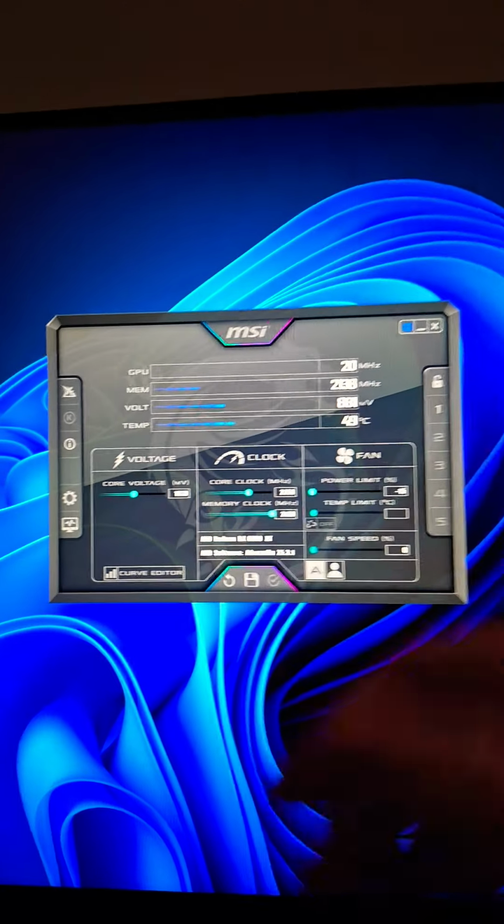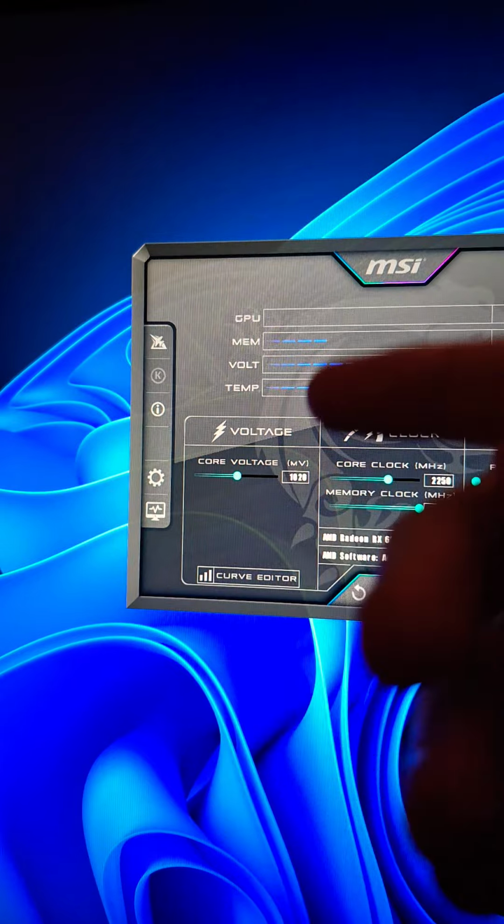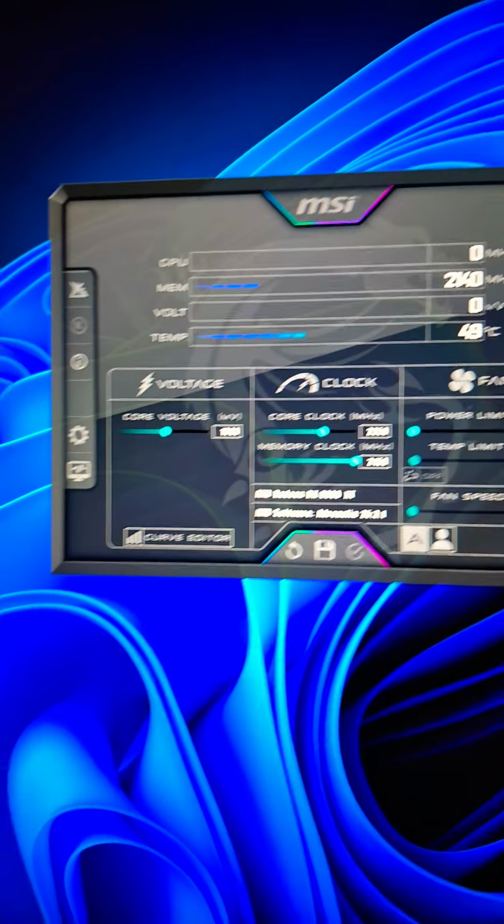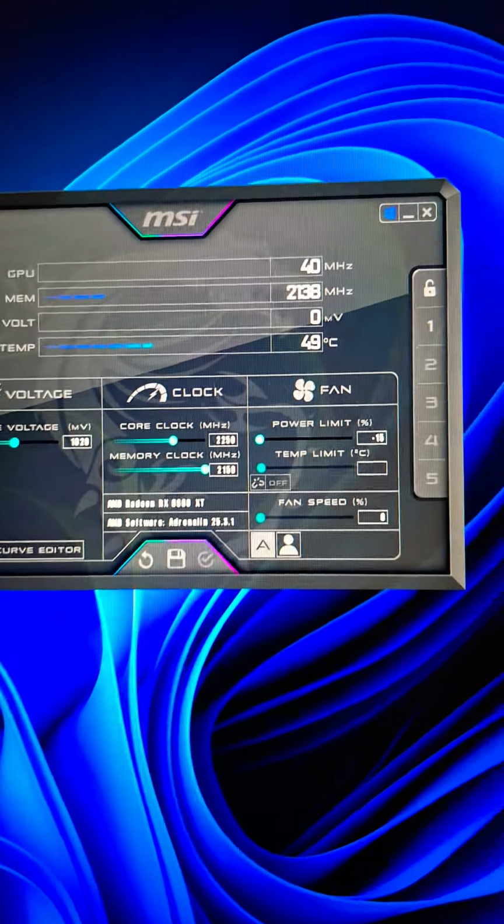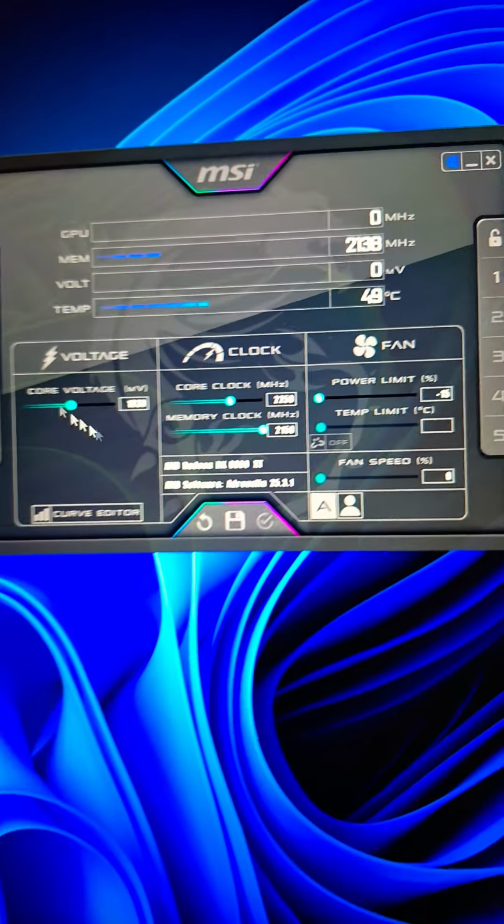Now I'm officially going to tell you my personal best settings for my GPU, which is the Asus TUF Gaming RX 6800 XT. This is the OC version, but I've undervolted it and underclocked it. So this is what it is. You've got to set your core voltage to 1020, your core clock to 2250, and if you go to curve